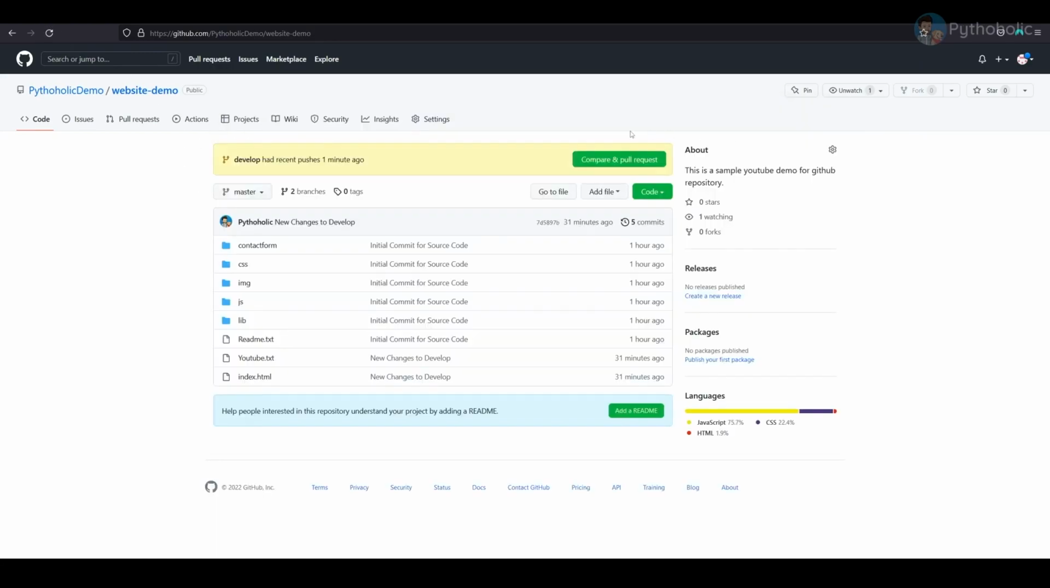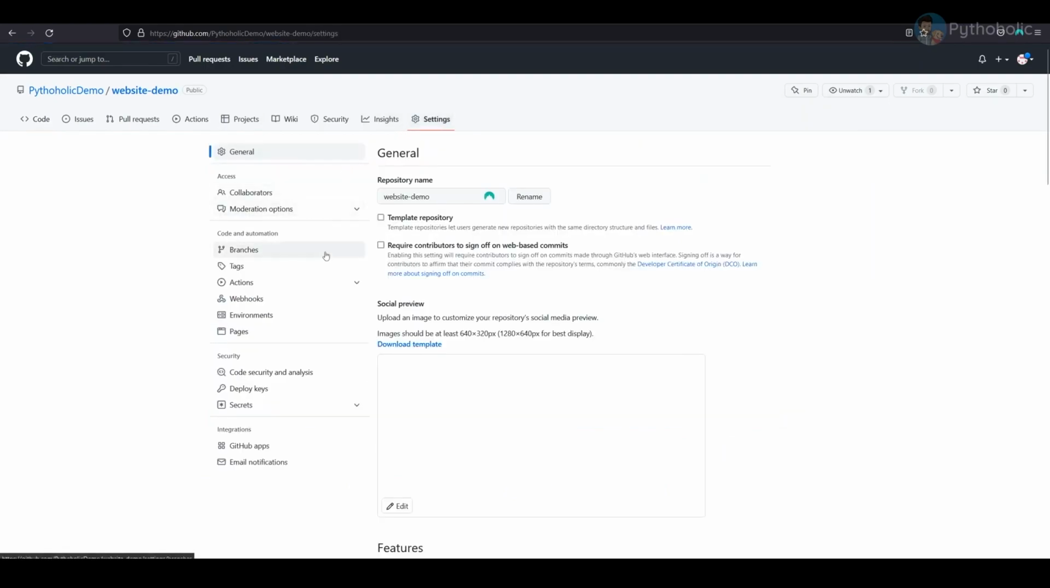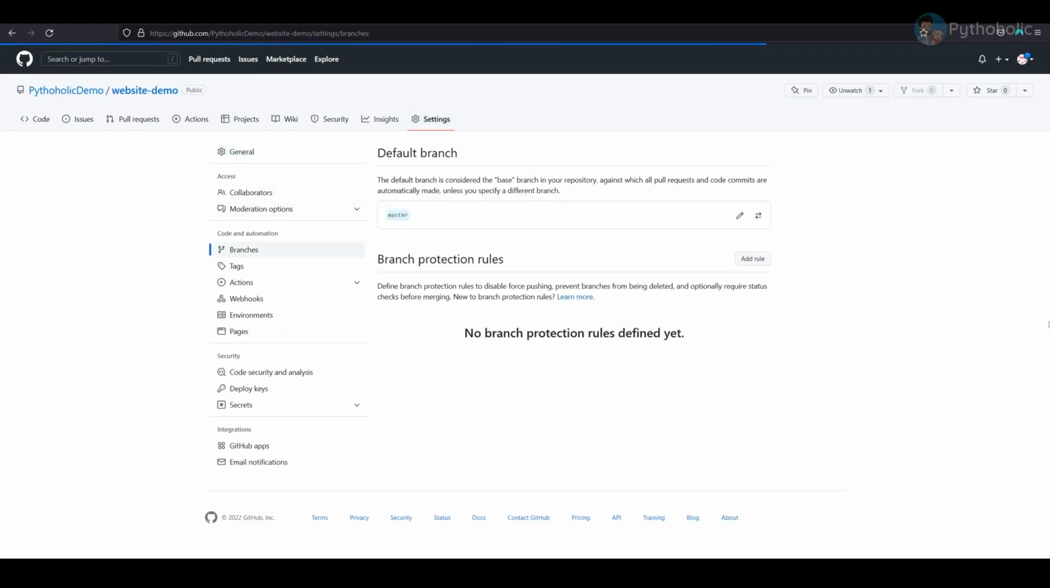Now let's go back. In normal scenarios, if you go to settings for this particular project, you have branch, and every branch should have some protection rules. Like you can define branch protection rules to disable force pushing, prevent branches from being deleted, and optionally require status checks before merging. But the problem here is I'm working individually on this particular branch. So if suppose I had another user who was actually working on this, then I could have added them. I'll do that later on. But for now, I just want to show you,